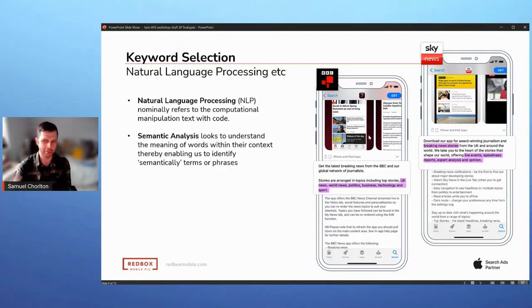An example in this one might be politics. People that are generally searching for news apps might be interested in politics. That's a fairly obvious one. But when you start getting into more niche apps, that becomes really crucial. So when you start looking at puzzle apps as an example, you might not be a crossword app, but you might want to list for the word crossword because the type of people that like crossword apps like other puzzle apps. And what we're trying to do is build out that keyword pool, and hopefully we've then got loads of candidate keywords that we can look at exploring.